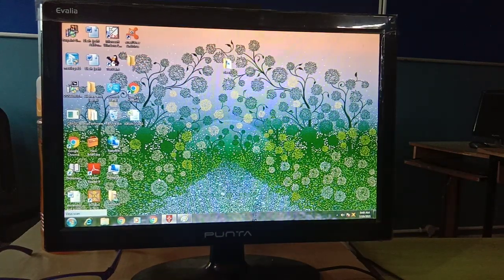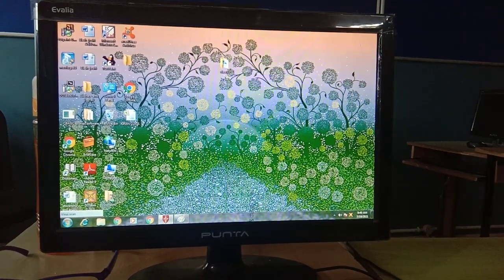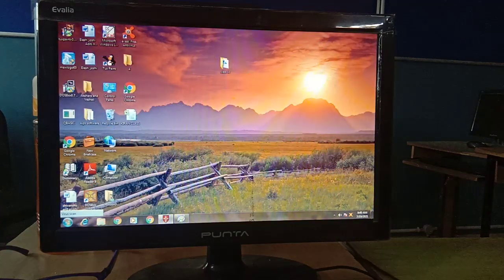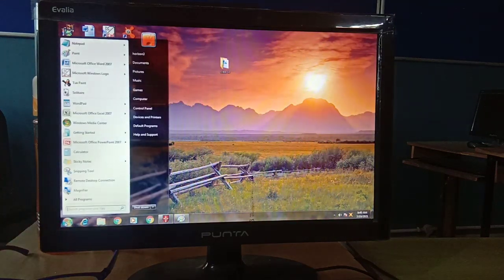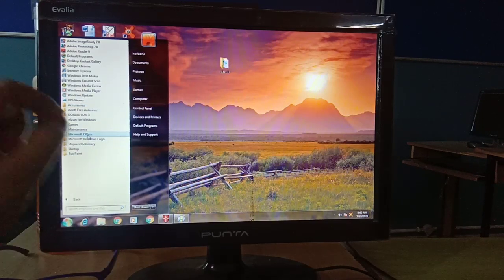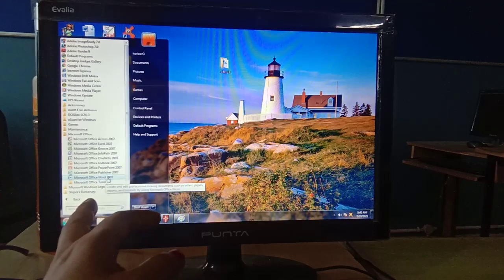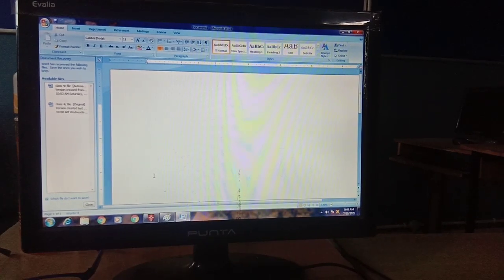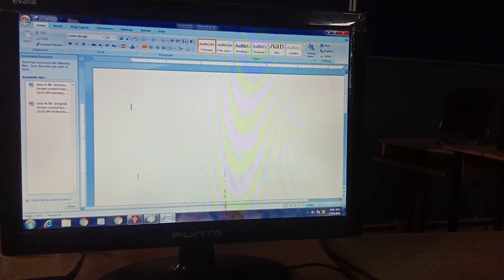So students, we have already learned several things in MS Word. Let's start again with how to open Microsoft Word. I need each and every student to respond while I'm asking you how to open Microsoft Word. Click on the start button, then go to all programs, Microsoft Office, and then go to Microsoft Word. Your Microsoft Word software will display in front of you. So this is how your Microsoft Word software opens.